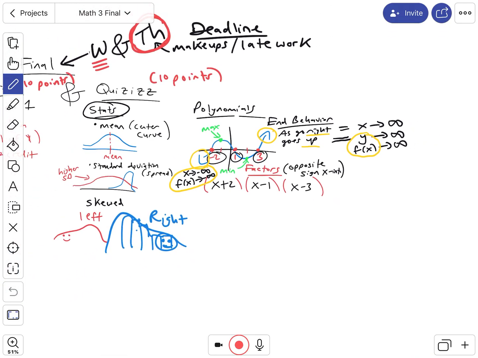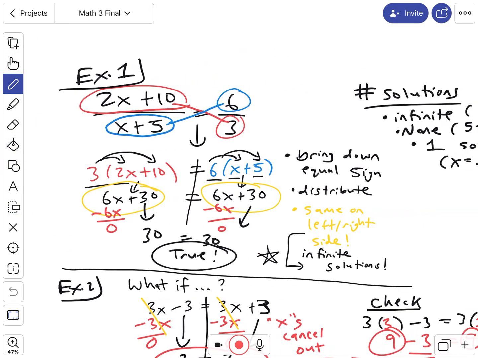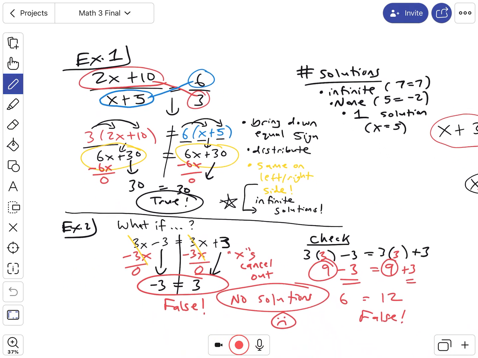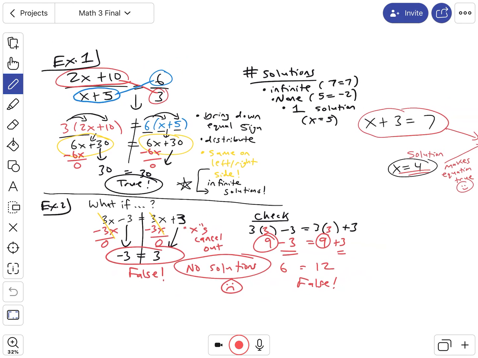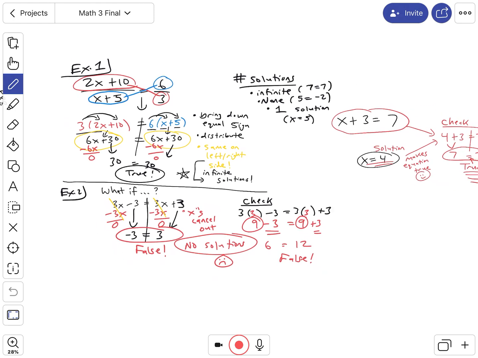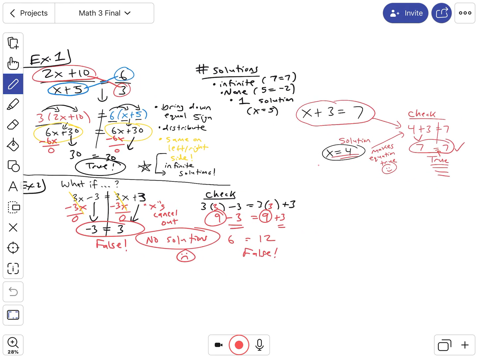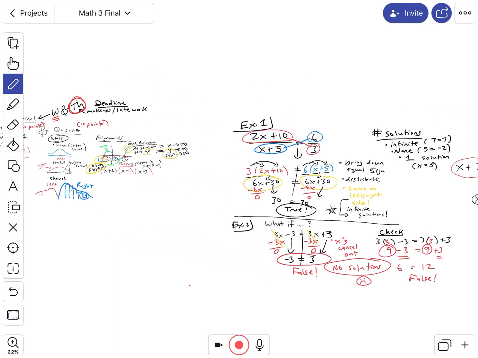You are also going to be seeing some of the stuff we're doing now, which is rational functions. This is something that I feel like I need to go over step by step. The work that I'm going to give you today is going to be a study guide for the final, and it's going to include some of this stuff, but just give me some time to create a video on this to help you with this initial part of the assignment. So don't worry about this part. I'm going to make a video for this separately.